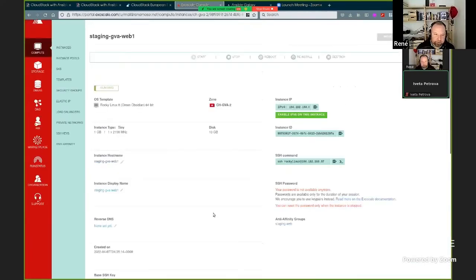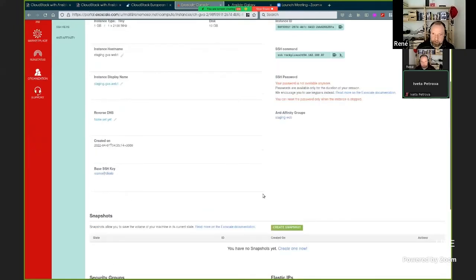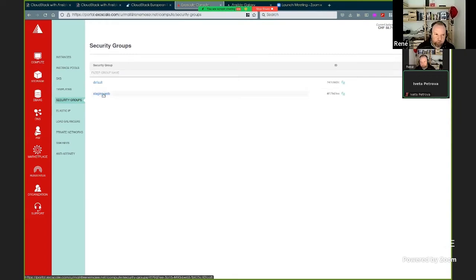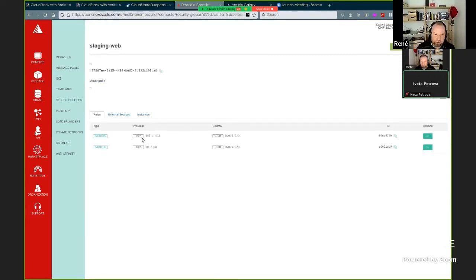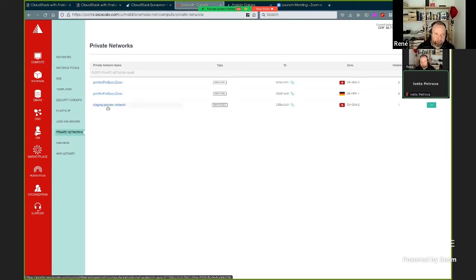In affinity group staging web. So we have a staging web security group which has rules, and we have the affinity group staging web, and the network staging private network.